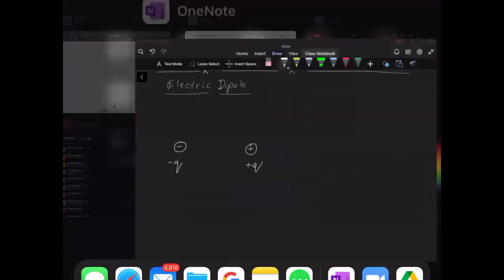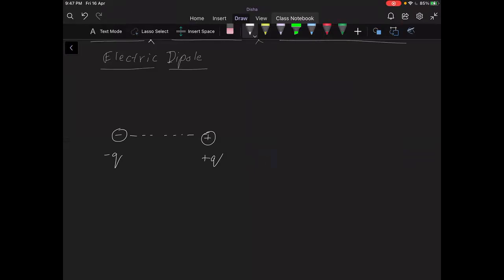Two charges are near each other, that means it is a relative statement. We cannot say something is near or far from another unless we are comparing the distance with something, because 1 meter can be large or small depending on how far you are when you're looking at it. If you're looking at it from 1 kilometer away, then 1 meter is a small distance. If you're looking at it from 1 centimeter away, then 1 meter is a very, very large distance.